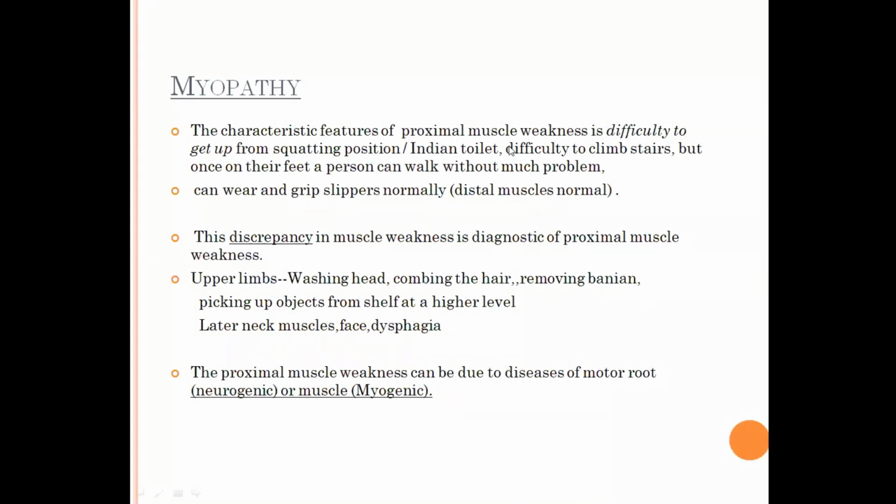Always I ask the patient, do you use an Indian toilet or a commode? If they say they are using an Indian toilet, how do you get up? Then they will say that we have to hold the tap and take a lot of support to get up. And there are people who have tremendous motor weakness, and very apologetically and with shyness they say, doctor, I don't sit at all, I stand and pass motion. Nobody in the house has been told this. It is a very important clinical point to know whether they are sitting on the ground at the Indian toilet.